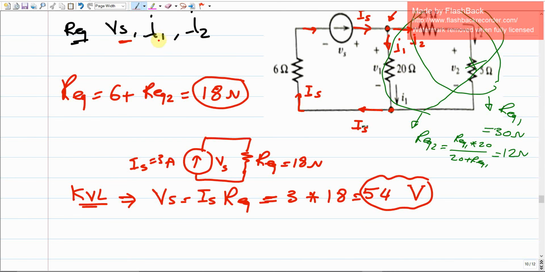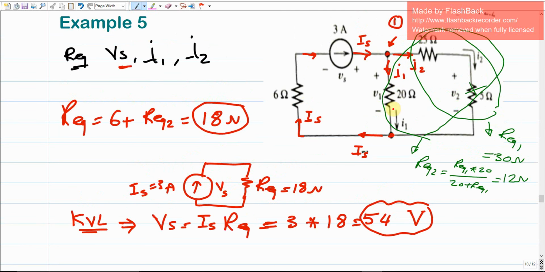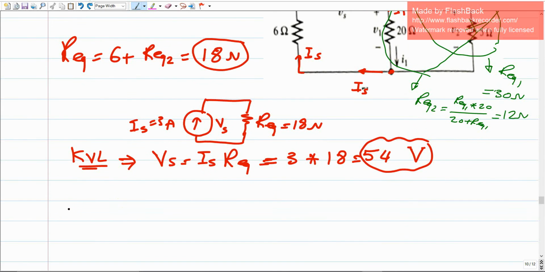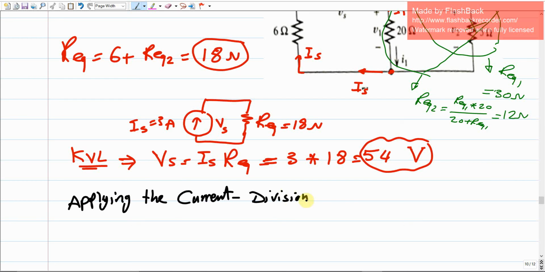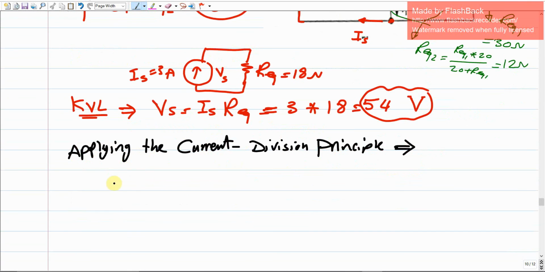Then what's next is just to find I1 and I2. To find I1 and I2, we have to apply the current division principle, right? Very similar to what we've done before. So applying the current division principle, we're going to end up with that. We do have Is. This is the total current, which should be divided into